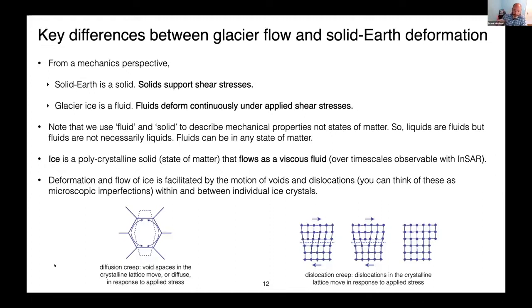Diffusion creep, which is the motion of void spaces within the crystalline lattice. These void spaces move or they diffuse through the crystalline lattice in response to applied stress. So the material relaxes as these void spaces move through. All materials have void spaces. You cannot have a material, particularly one in steady state, that has no void spaces. It's not energetically favorable to do that. It's most energetically favorable to have at least some void spaces in the material, and then those allow the material